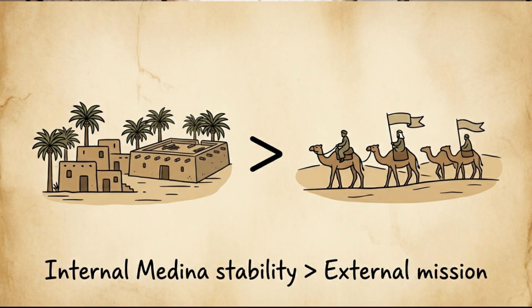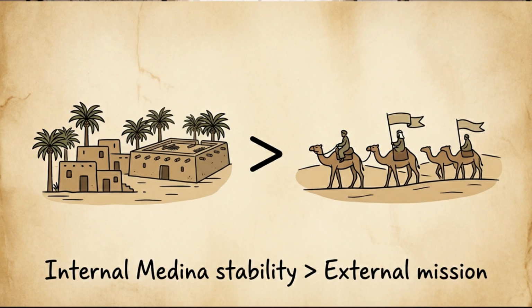However, if the message received had been true, it would have represented a major victory, bringing the Ghassanids under the Islamic State, and potentially encouraging many northern Arab tribes to enter Islam. So why did the Prophet stay in Medina? According to the letter, it did not suggest a major war or immediate large-scale danger in that mission. It presented the situation as a limited arrangement, securing support with the Ghassanids, possibly even against the Byzantines, rather than a full confrontation. So in this interpretation, staying in Medina to manage internal stability and potential conspiracies would have been